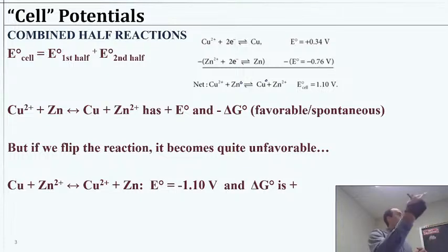Now, if you think about it, we could flip this and say negative 0.76 minus 0.34 would give us a negative 1.1, right? But if we do that, we have just flipped the arrangement here. Okay, so that's the difference. So which element is going to be on the left side? That's going to depend on how we write up the reactions, how we set up the addition or subtraction, right? Okay, so